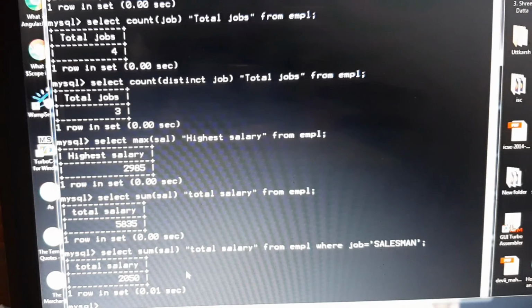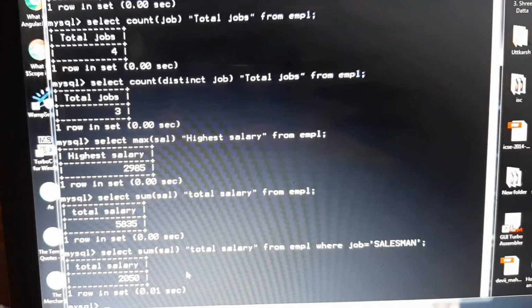Then comes types of SQL functions, single row and multiple row. Single row functions we have seen till now, that working on each and every column. But these functions that we have been using, like sum, count, max, min, average, they all take all the multiple rows of your table and they work on them. So they are said to be multiple row or aggregate functions.